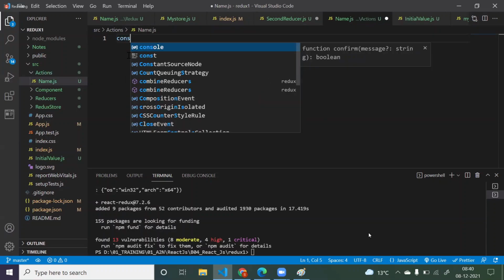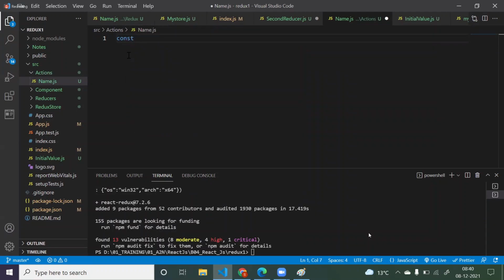So just create a simple JavaScript function, something called fn or name action. Some naming convention I'm giving. Now just one function. Done. Now to this function, I need to give the data which is present in my state. So how to give some data to any function? Using parameters. So here I will just write something called name data.